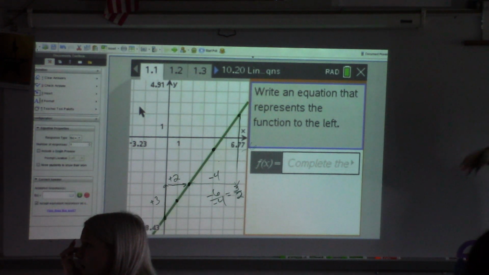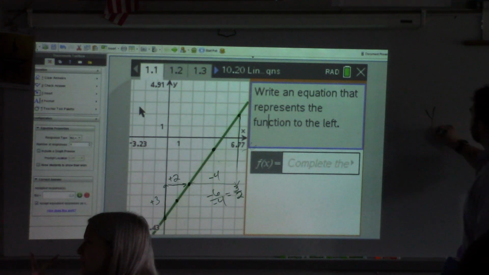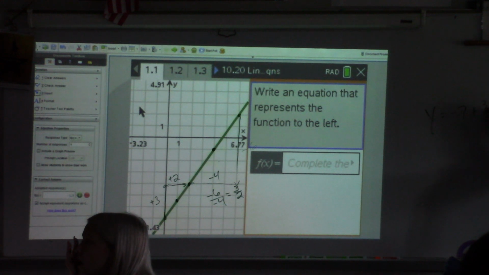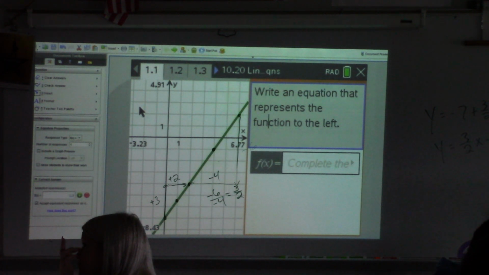And so there we have it. Our slope is 3/2. And so you can write that however you want, or not however you want. You can write either -7 plus 3/2 x, or y equals 3/2 x minus 7. Now, I will point out, if you are having a hard time finding that rise and run because of those points,